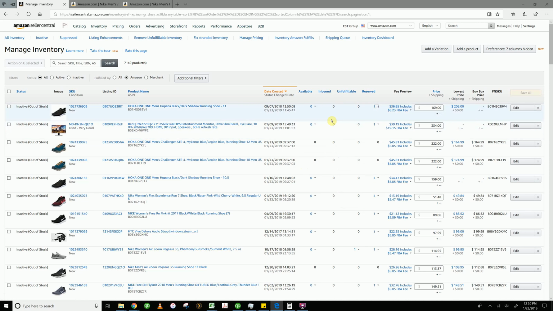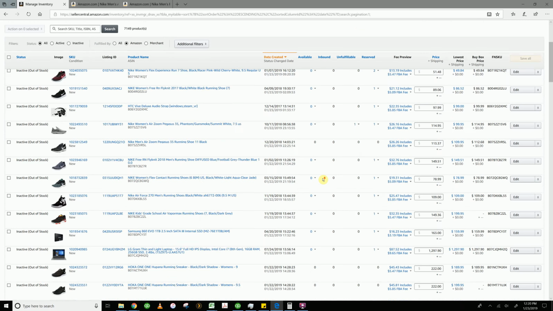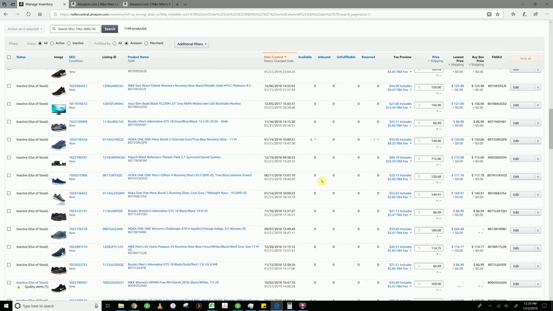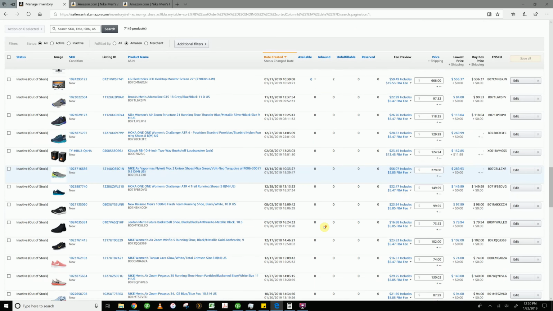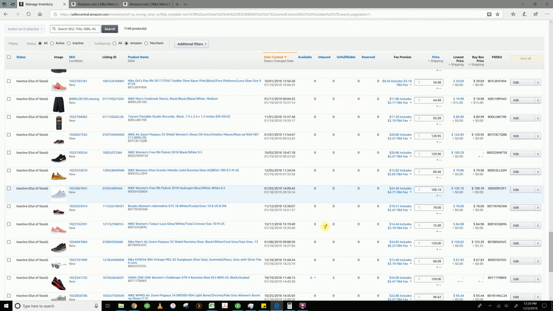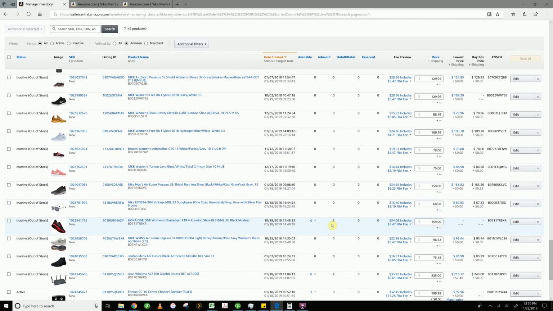If you look down a little bit here, we can see we have all of these still inbound. We can end up getting to a spot where we have some actual inventory that's available. If we look over to the right a little bit more, this is our current offer. Our current offer is $159. This specific product is not telling us what the current buy box price is. If we look a little bit lower, we can see